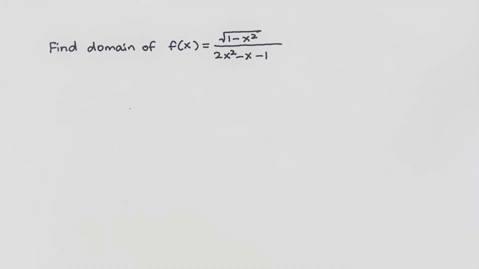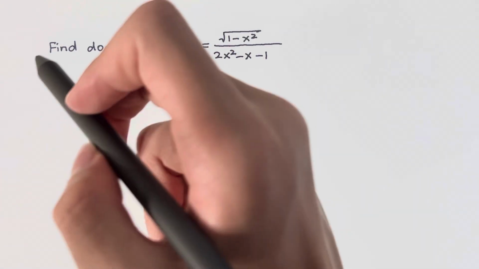In this problem, we want to find the domain of f of x equals the square root of 1 minus x squared, divided by 2x squared minus x minus 1. To find the domain, first of all, we notice that there are two limitations for a domain. First of all, the square root. In the square root,